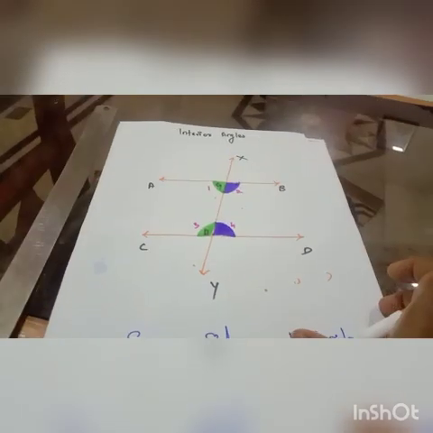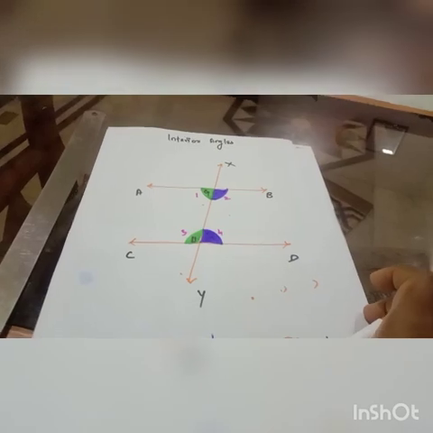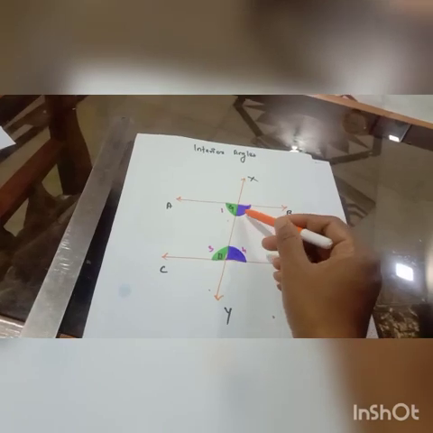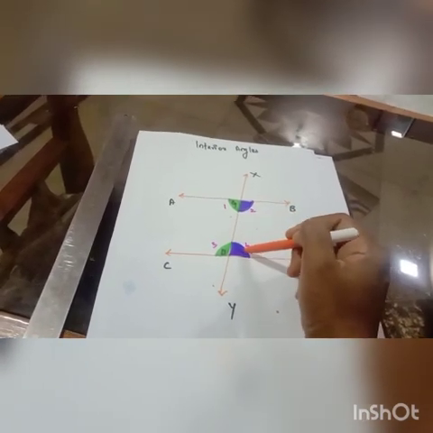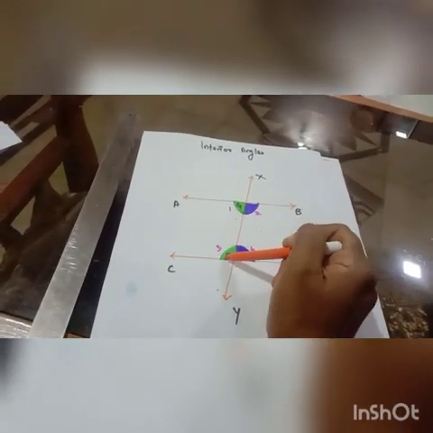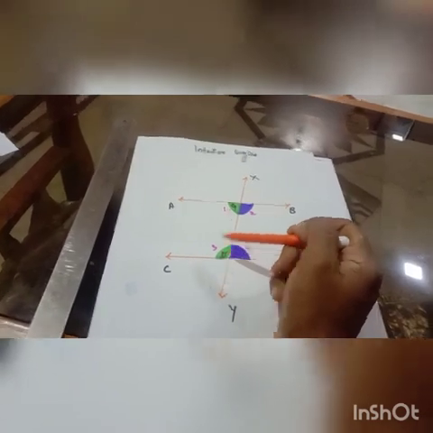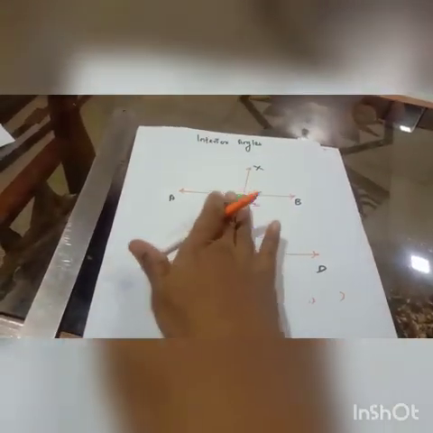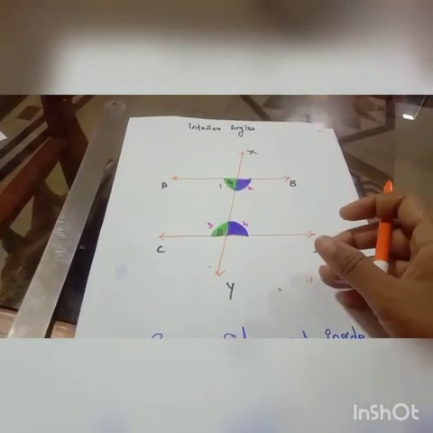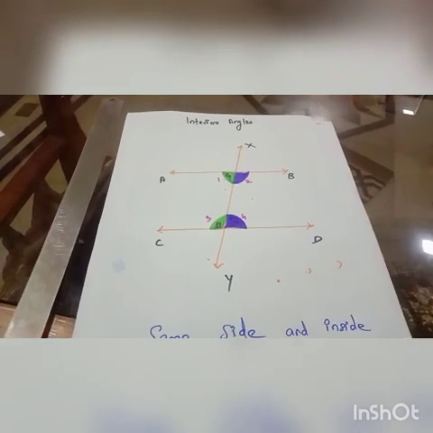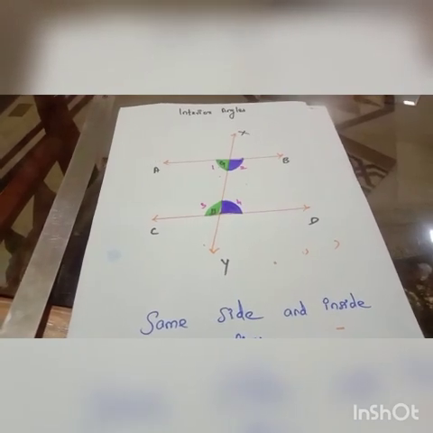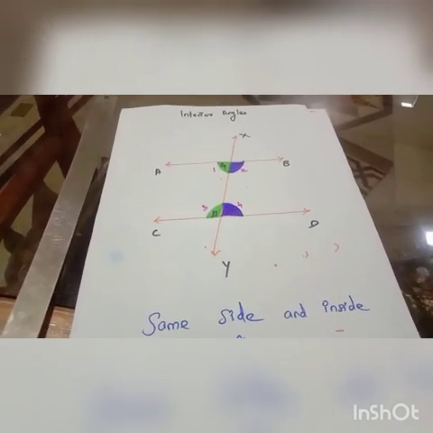Okay, we are going to see about interior angles. The interior angles are formed inside. On this side you see these two angles, 2 and 4, which are interior angles, and on this side 1 and 3 are also interior angles. All 4 angles are inside the parallel lines. At home also we say we are doing interior decoration. Interior decoration means we are doing it inside, not outside. So that is what interior angles are.